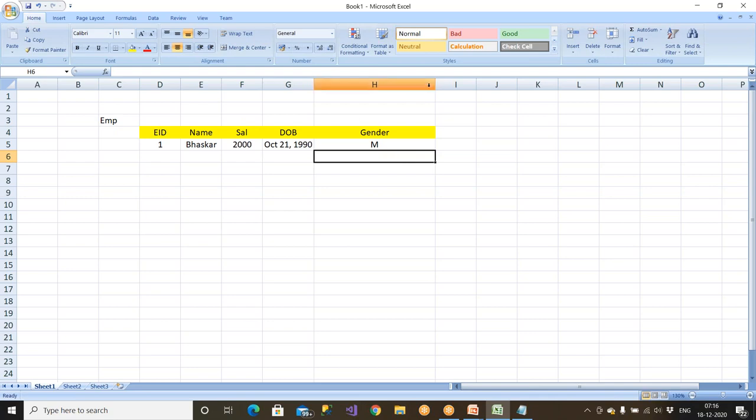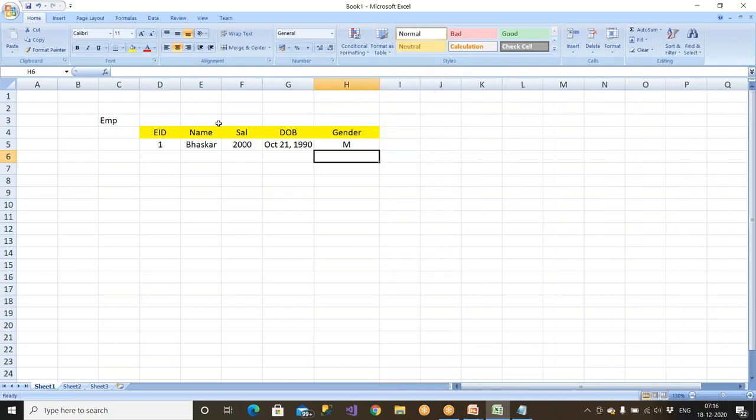You can specify that this is a mandatory column, this is mandatory, this is mandatory. I can have a column called hobby. What is the hobby of this employee? The hobby could be a null column. Null column means it is blank. Bhaskar did not write any data here. I can leave it blank.